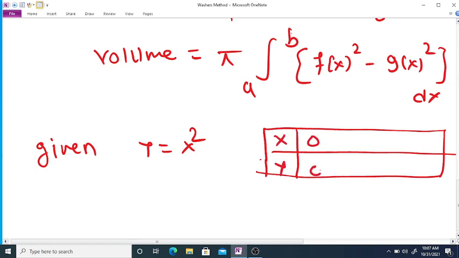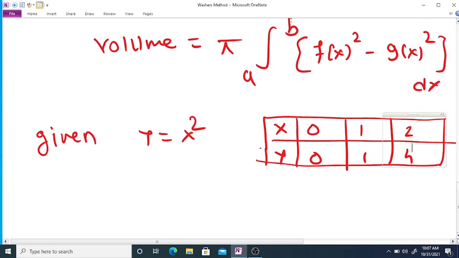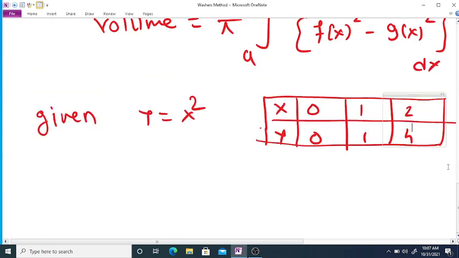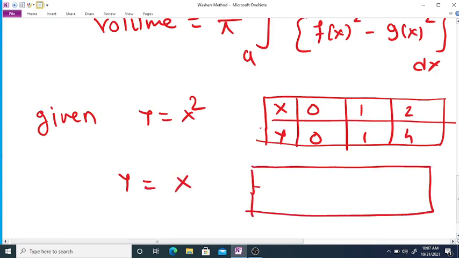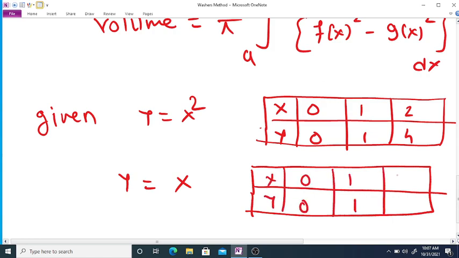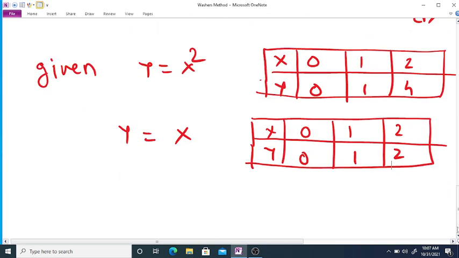If x is 0, y is 0, x is 1, y is 1, x is equal to 2, then y is equal to 4. For y equal to x, take x and y: x is 0, y is 0, x is 1, y is 1, if x is 2, y is 2, and therefore